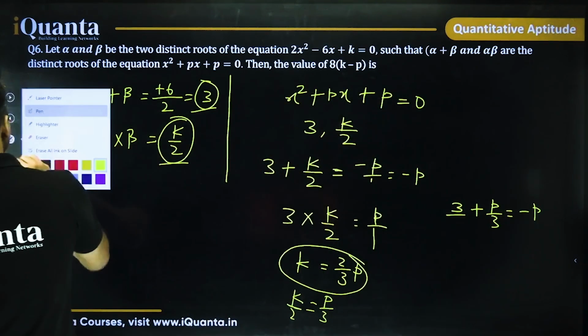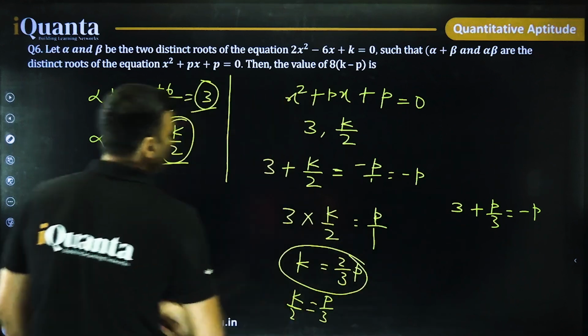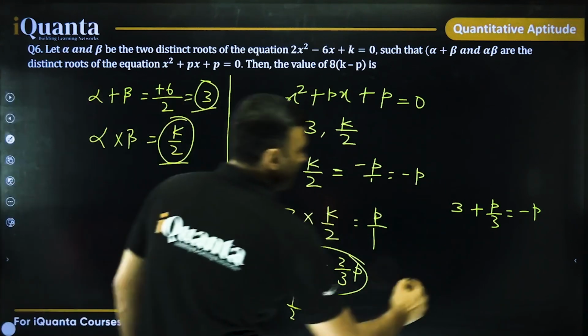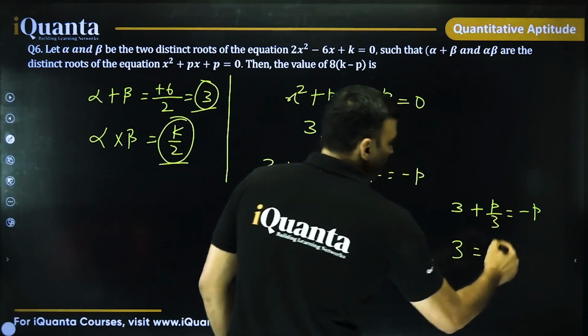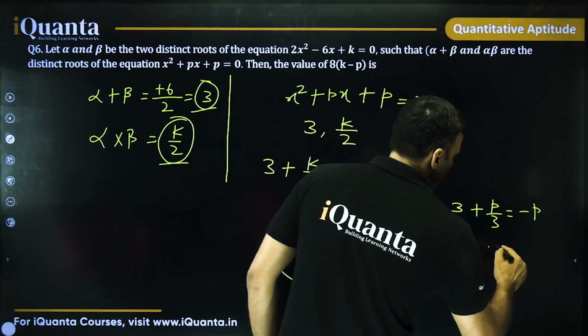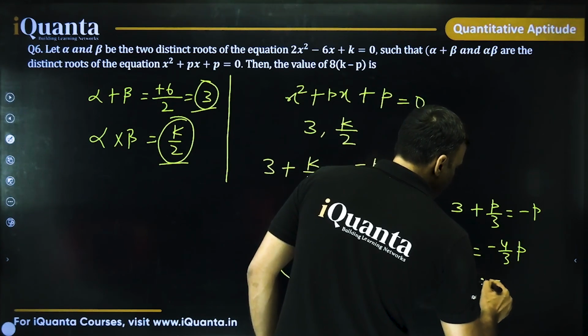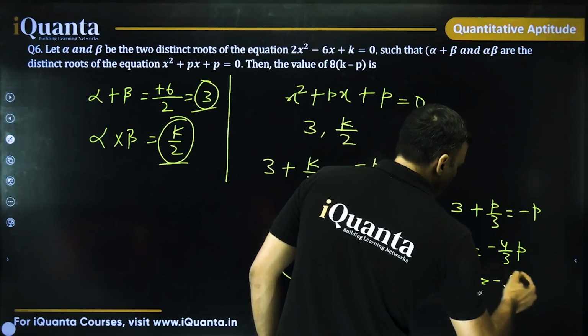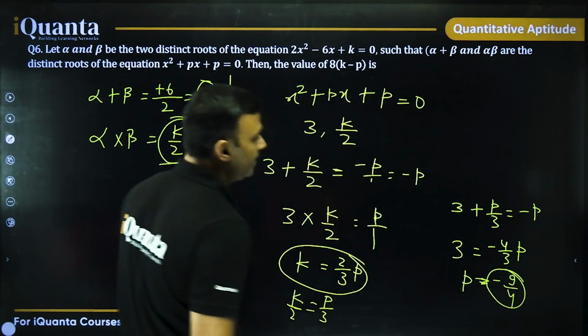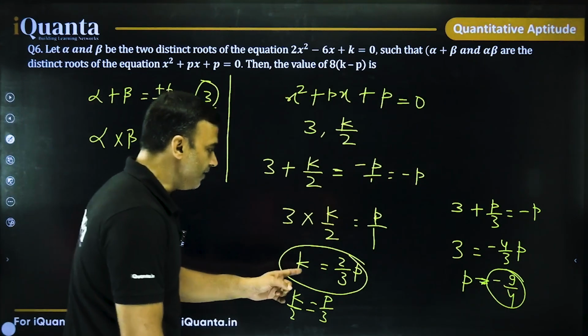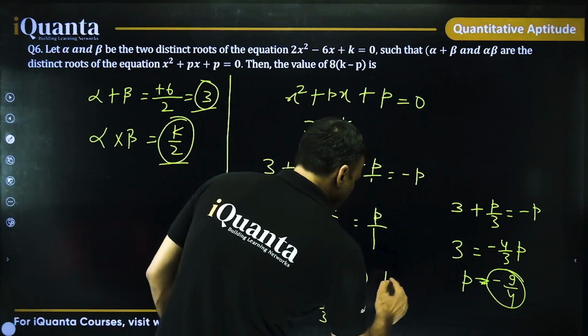3 plus p by 3 is equal to minus 3. So what do we have? We have 3 is equal to p minus p by 3 minus p, so minus 4 by 3p. So the value of p is minus 9 by 4. So the value of k will be